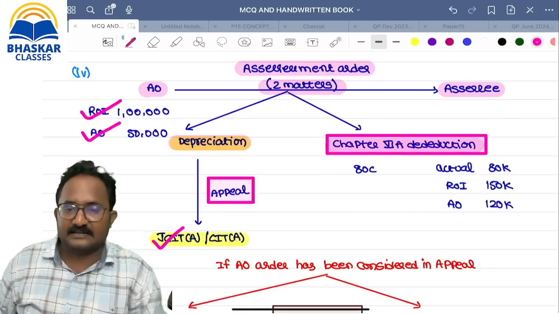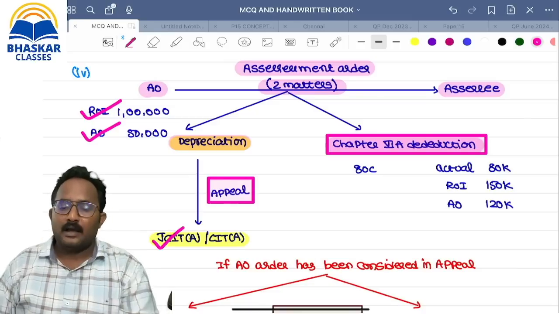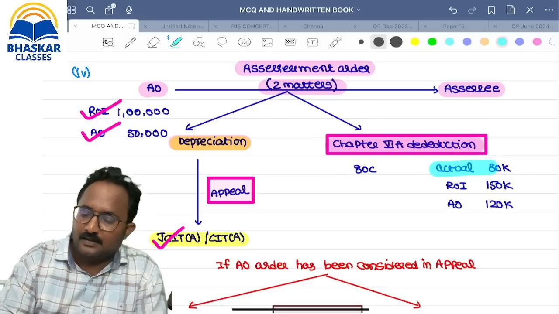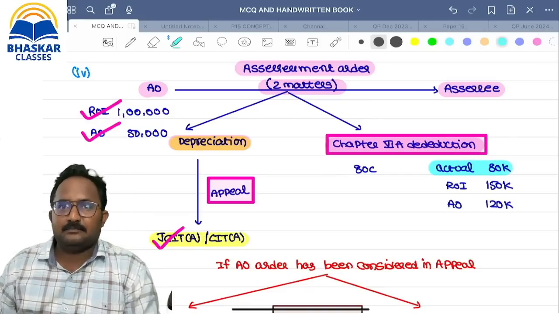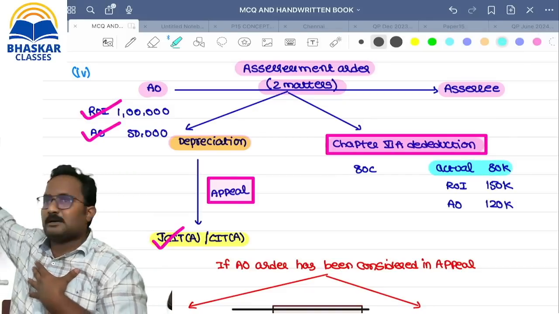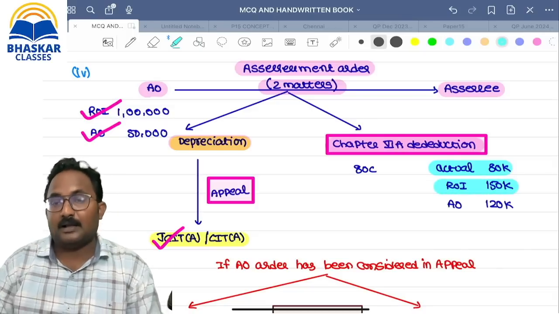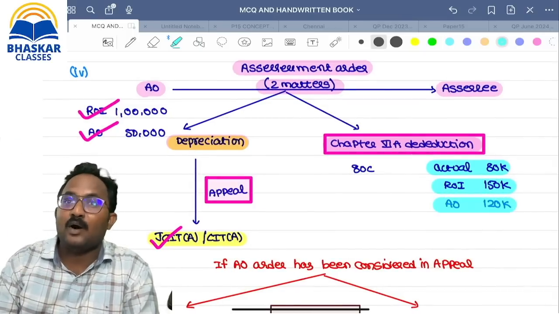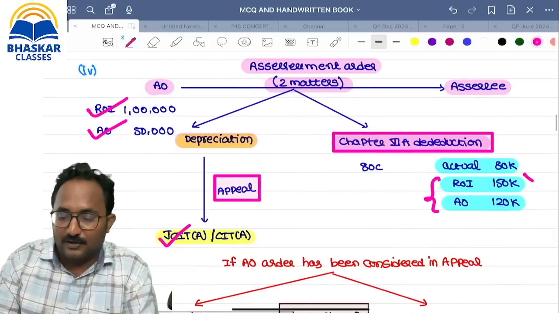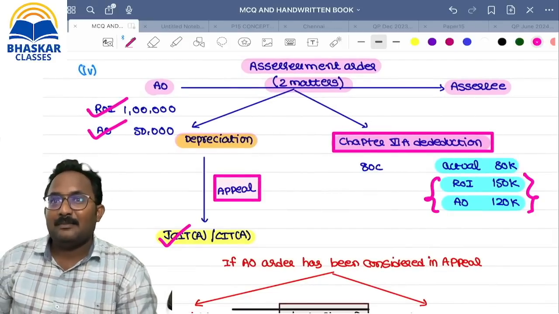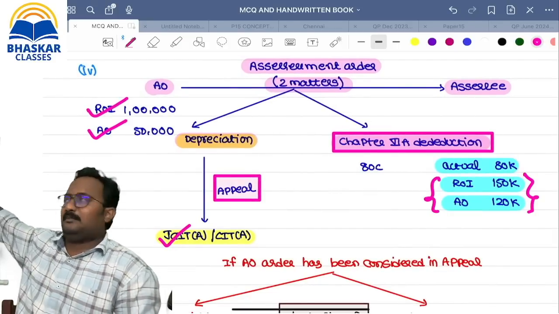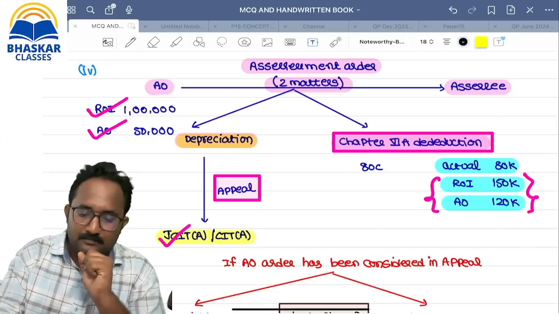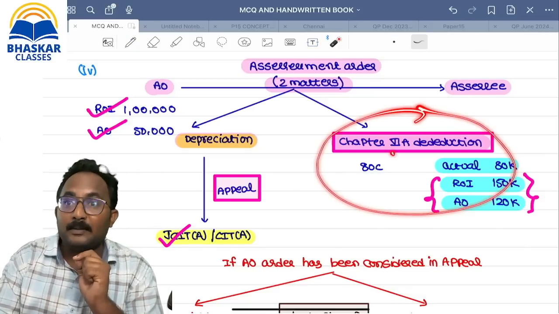Now, second, ma, they are talking about the chapter 6A deduction also in the assessment order. What is that exactly? Sir, actually, you are eligible to take 80,000 only. You haven't proved more, so to the extent of how much amount, ma? 80,000. But in the return of income, you claimed 1,50,000. But in assessment, they gave what, ma? Deduction of 1,20,000. Still, you are happy, why? Actually, you are eligible for how much amount, ma? 80. They gave the deduction of how much? 1,20,000. Because you claimed the deduction of how much? 150. You are happy or unhappy about this, ma? Happy. That's why you are not going for an appeal with respect to this point.